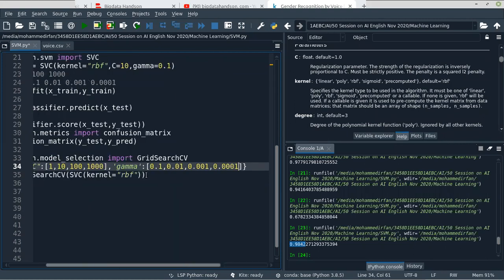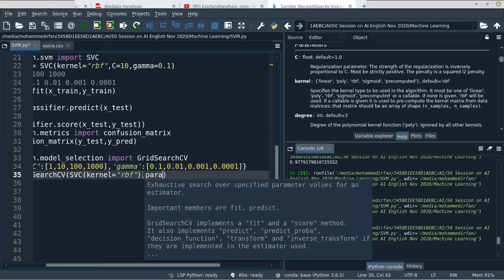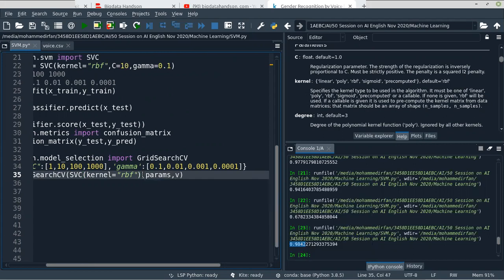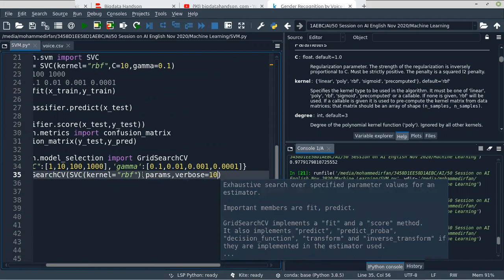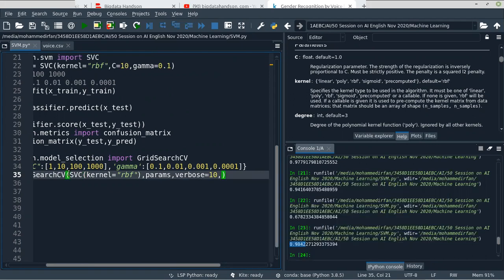Now in the grid search CV you need to give the parameter param grid, and after that you can give a parameter called verbose. I'm setting it to 10. This will show you some information, that's it. What else do we have? Scoring, yeah.